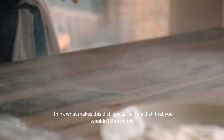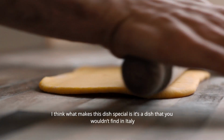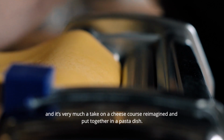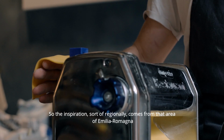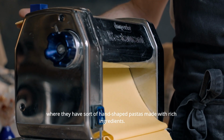I think what makes this dish special is it's a dish that you wouldn't find in Italy, and it's very much a take on a cheese course reimagined and put together in a pasta dish. So the inspiration regionally comes from that area of Emilia-Romagna where the hand-shaped pastas are made